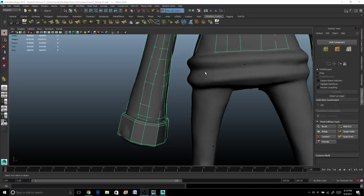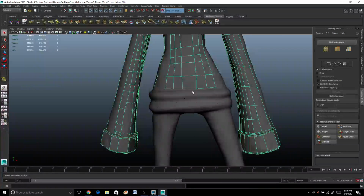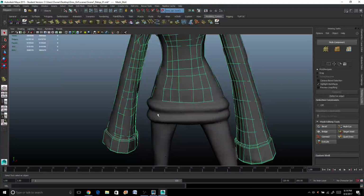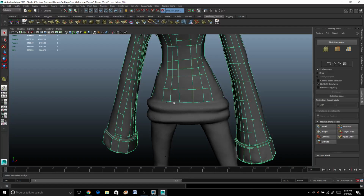Alright, so now we've got this other area down here. Now, I can quad draw this, but it'll be a pain in the butt because of the wrinkles. Trust me, having to go through and draw the dots up and over these bends here. I think the better route is going to be to